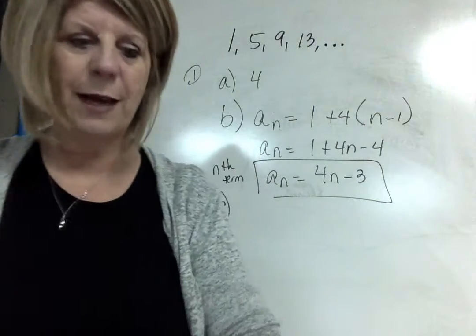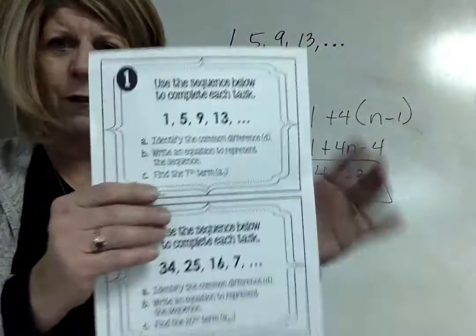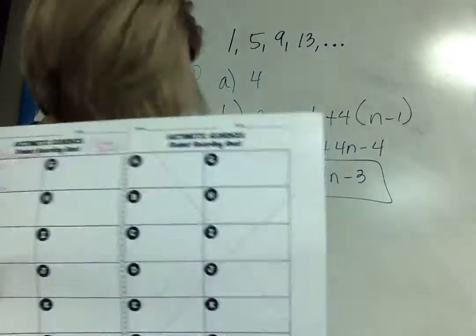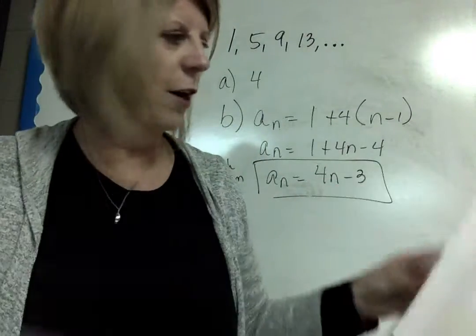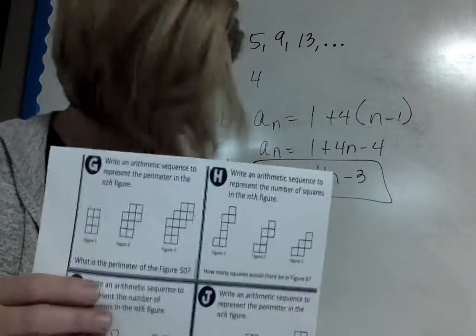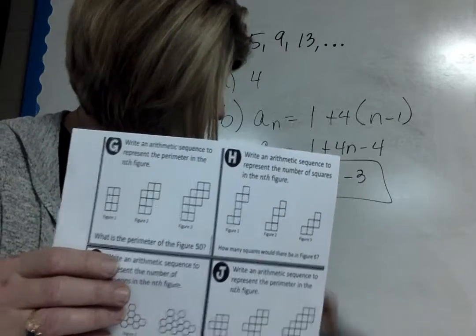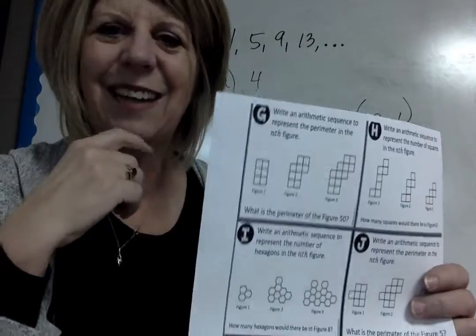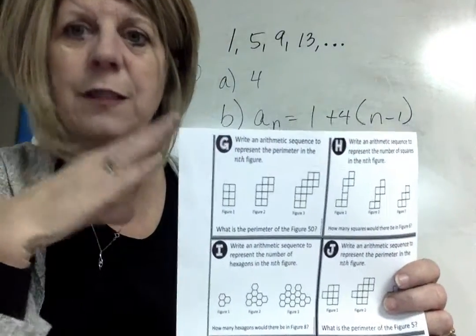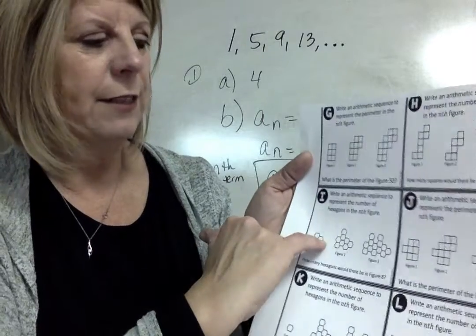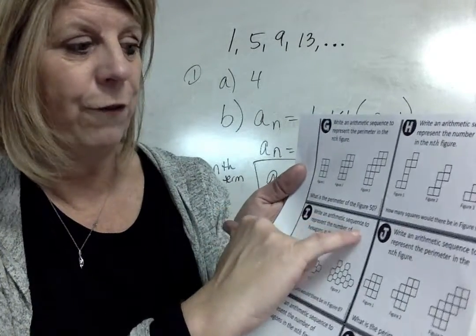So you're doing the arithmetic sequences. I think there's 12 of them on that. Then on the back of your page, the other task cards are visual. Hold on, I'm looking for another set here. But anyway, the visual patterns. I have a love-hate relationship with the visual patterns. Some of you are going to love these. With the visual patterns, you just kind of have to see how it's going up, and you've got to be careful